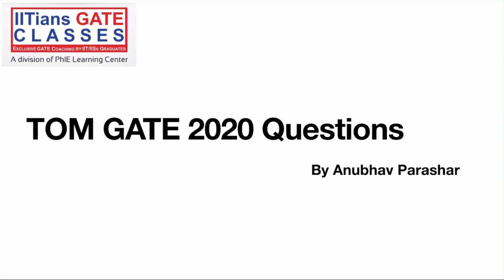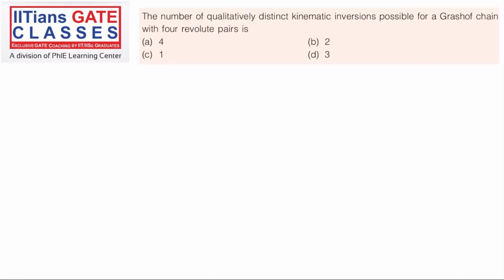Today, we are going to discuss questions from Theory of Machines that have appeared in GATE 2020. There have been a total of 7 questions. The questions were relatively easy, conceptual, right? There have been 2 questions from simple mechanisms, 1 question from gear, epicyclic gear train, 2 questions from flywheel, 1 from balancing, and 1 from cams and follower. So we'll take it up seriously.